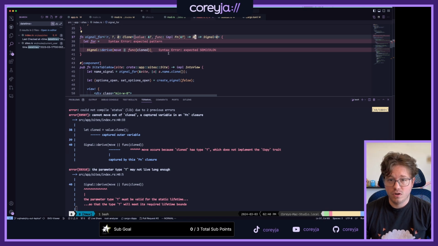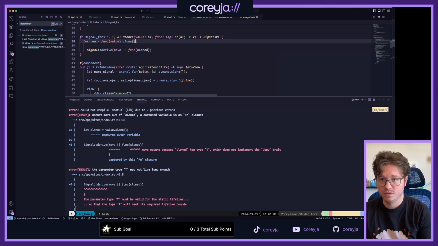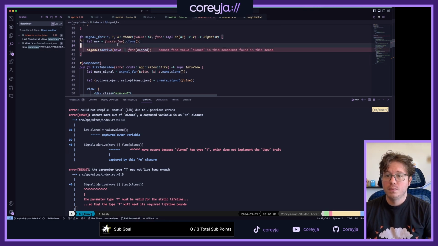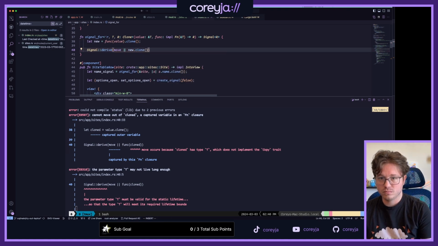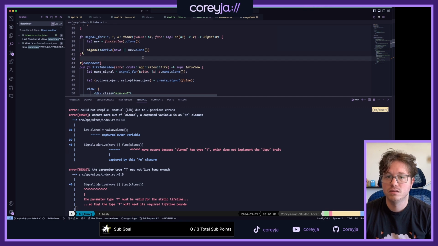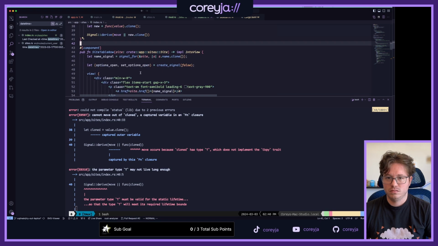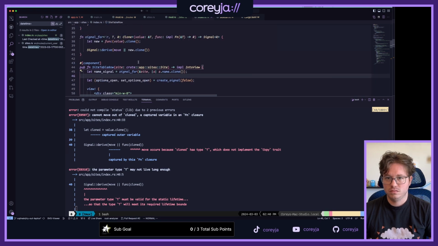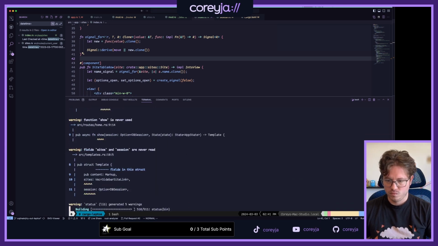That returns an R. Let new equals func value dot clone. Okay, I think that worked.